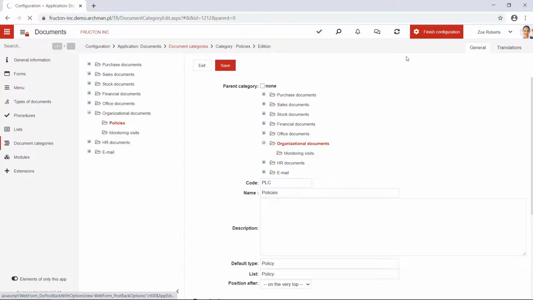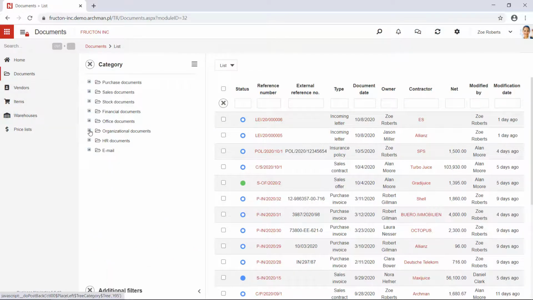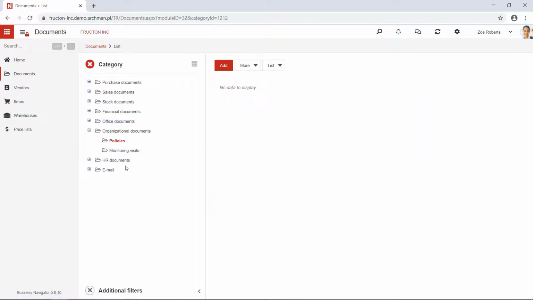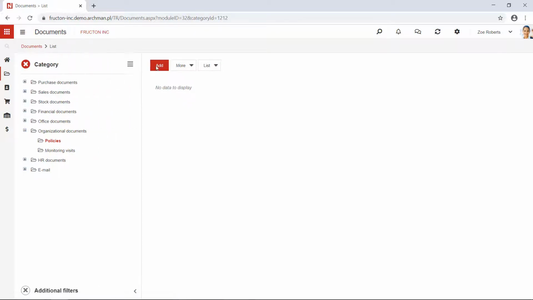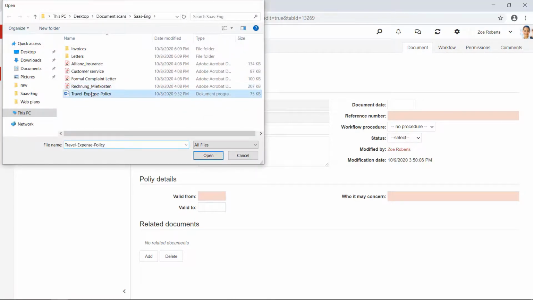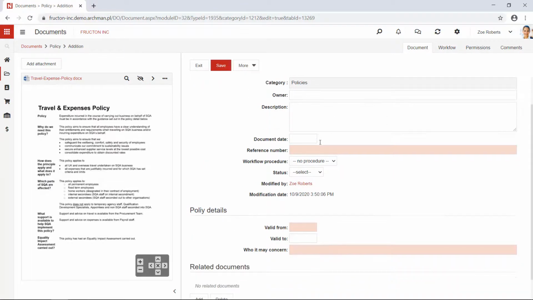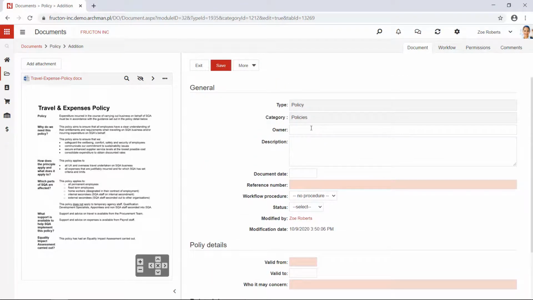Let's check how it works. So we have documents, we have organizational documents, policies. Let's add our first policy. Add attachment. I have a sample policy here. And now I'm going to fill the form, what the policy is about. Let's say